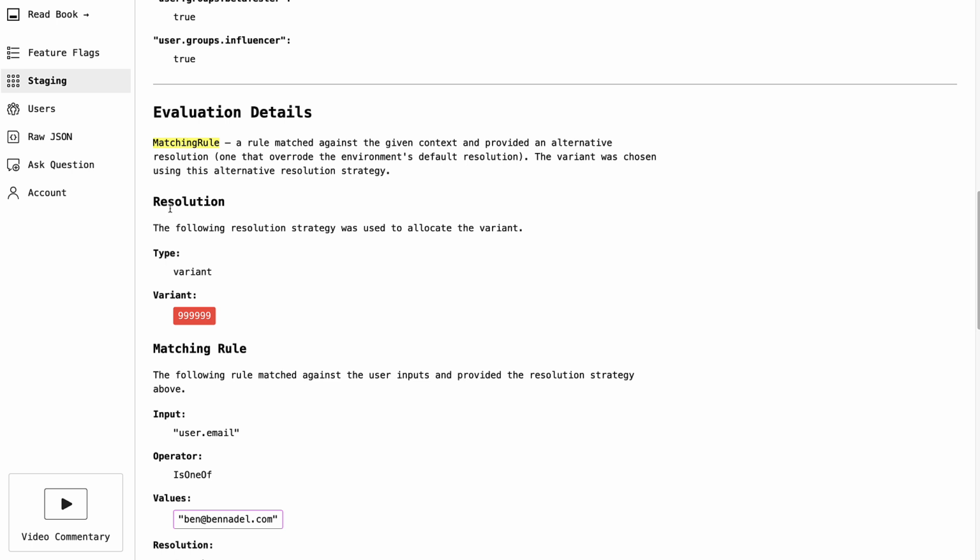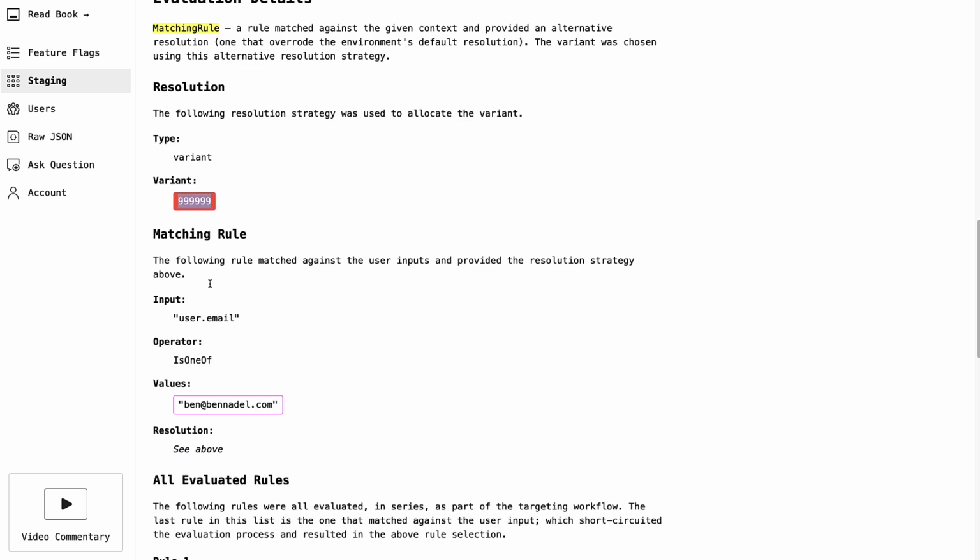The matching rule provided this resolution, which was of type variant, and this was the variant value that was being allocated to my user. And then we can see the rule that actually caused this resolution to be provided. It was an input of email, an is-one-of operator, and an @Ben-Nadel value. So the rule matched against my user and resulted in this resolution ultimately providing this variant for this feature flag